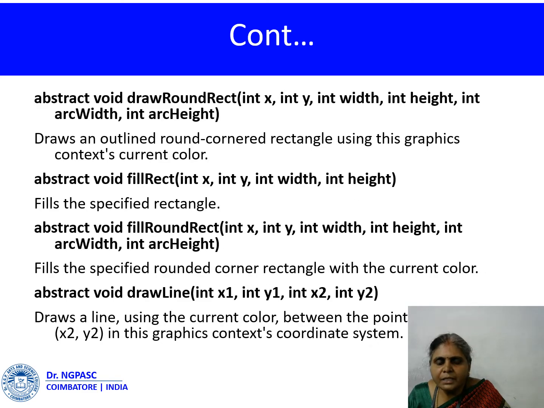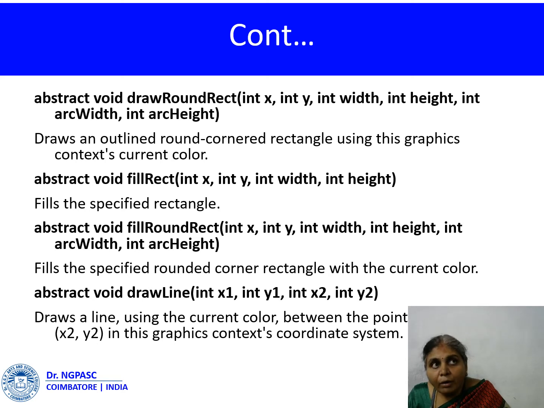Then the next method is the drawRoundRect method. The drawRoundRect method is like the rectangle method. Apart from having sharp edges, it is going to have some arc edges in this round rectangle method. So we have to pass two additional parameters apart from the point in a rectangle and the width and height. We have to pass the arc width and the arc height.